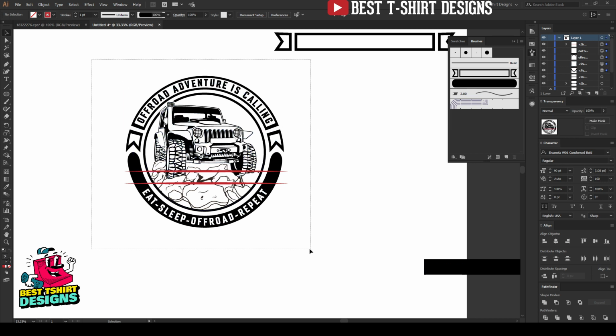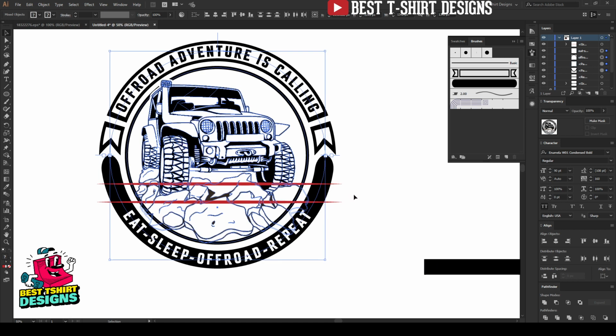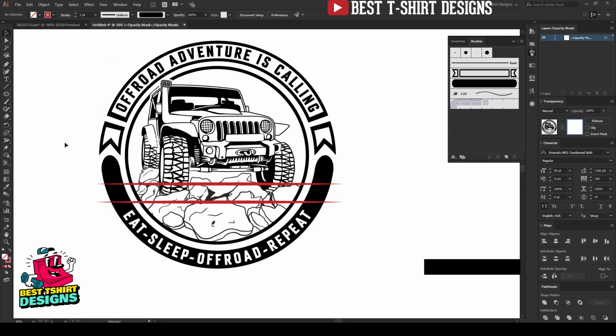I want to make them a group except this stroke group. So I'm deselecting that by pressing Shift and clicking on it. Now everything here is selected without this stroke. I'm going to make it a group, something like this. That is fine. Now I can open the transparency for this group.